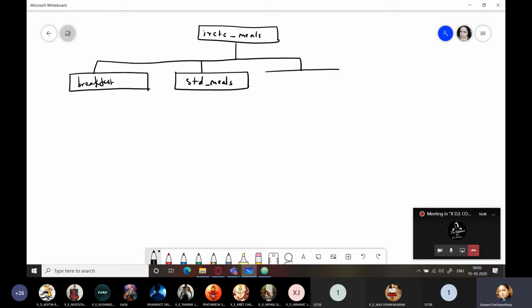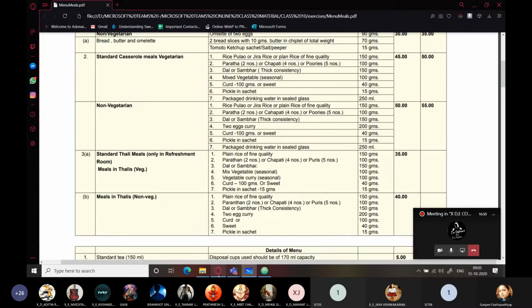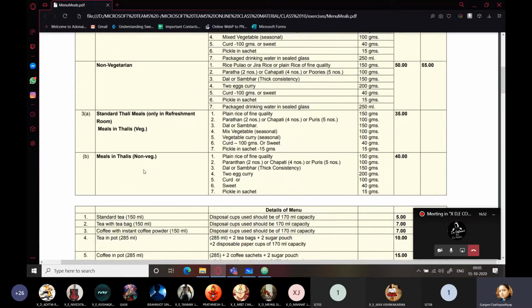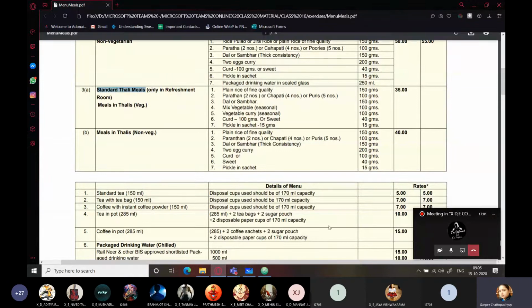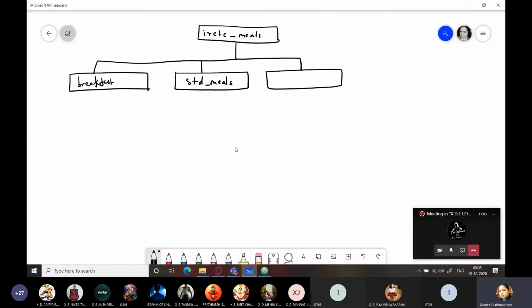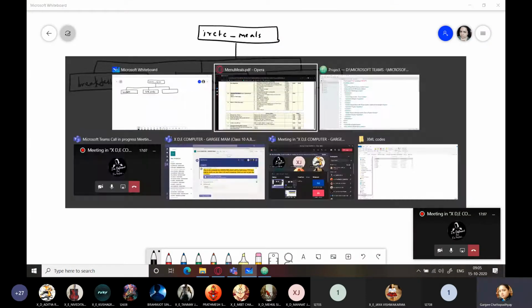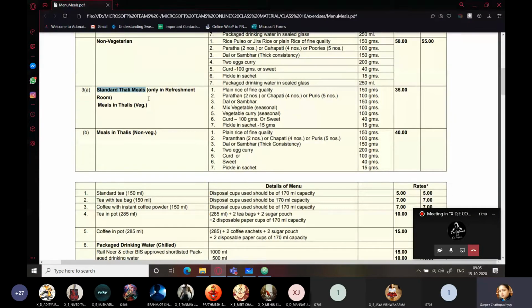Next you can see standard thali meals. No need to write only in refreshment room and all that. Suggest me a name for this element.